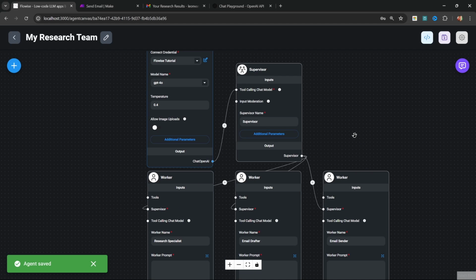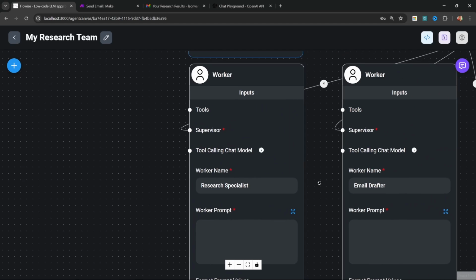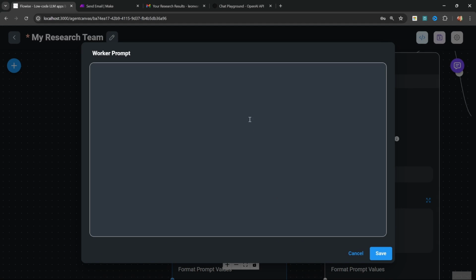Now that we have our team structure in place, we do have to define the roles and responsibilities for each of these workers. We can enter a prompt in this box, like so, or we can also expand this input by clicking on this button, and here we can define the role of this worker. For example, we could say, you are a research agent that is responsible for something, and here we could continue